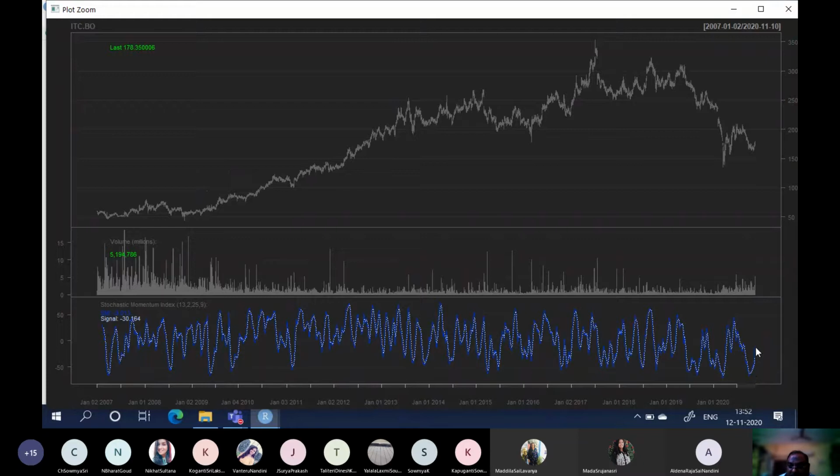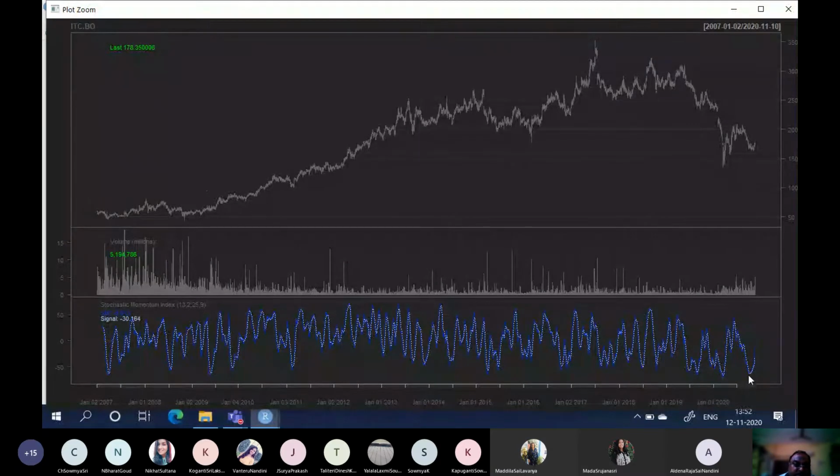Now the price is moving up, but not yet. But the blue line, the SMI line, is above the signal line. So what does that indicate? If SMI line is above signal line, a buy call is generated. So now this is going towards this. You can see the blue line, right? It is going towards the 0 and might breach the 0 territory and go into the positive territory.